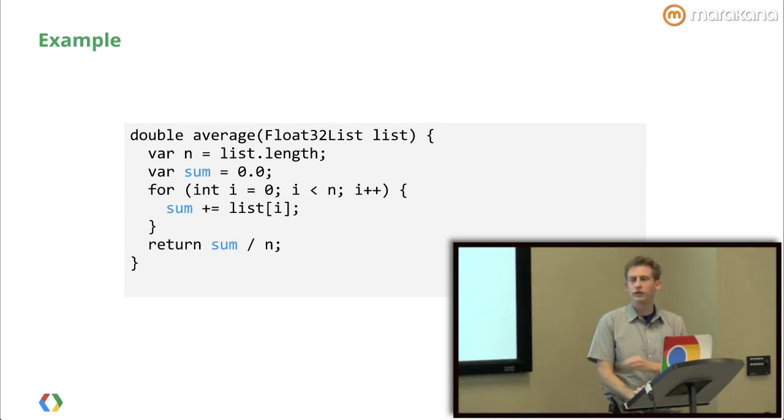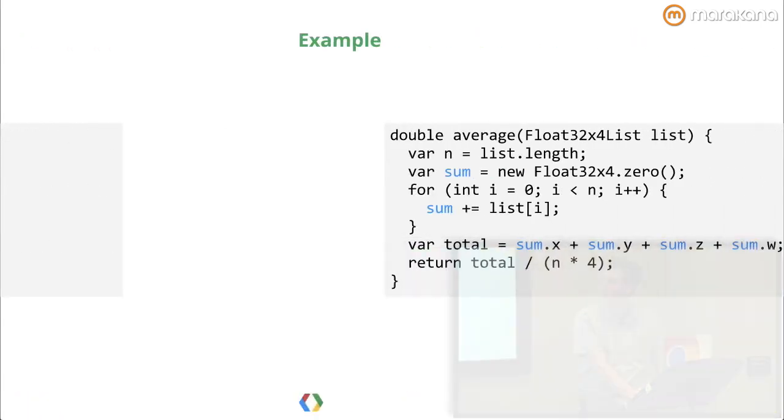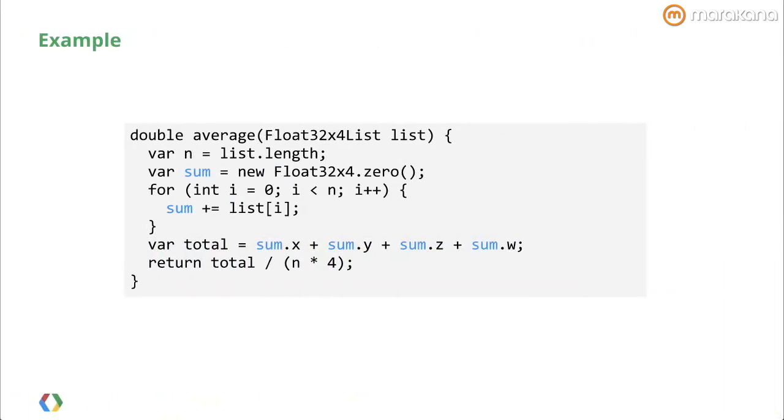So how do we turn this into a SIMD program? Well, it's not much different. It takes a Float32x4 list. And again, we just sum them up in the inner loop. But at the end, we have to do this extra step because what we've actually done is we've computed four subsums. And we have to figure out the total sum as one final step. So everything up until this line is executing in SIMD. When we get here, we start using that VFP, that yellow piece of the CPU that we saw earlier. Before that, we're using the red part of the CPU.